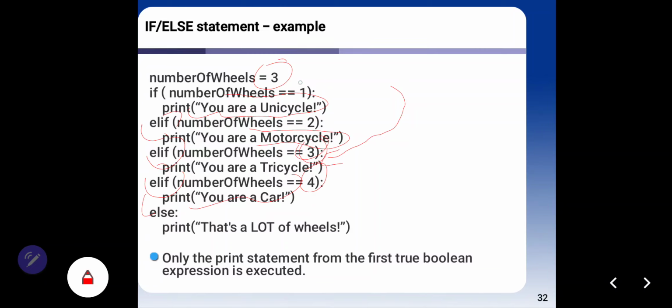After this is true, the next elif will be skipped. I hope you understand. This is true, and the process will skip elif.